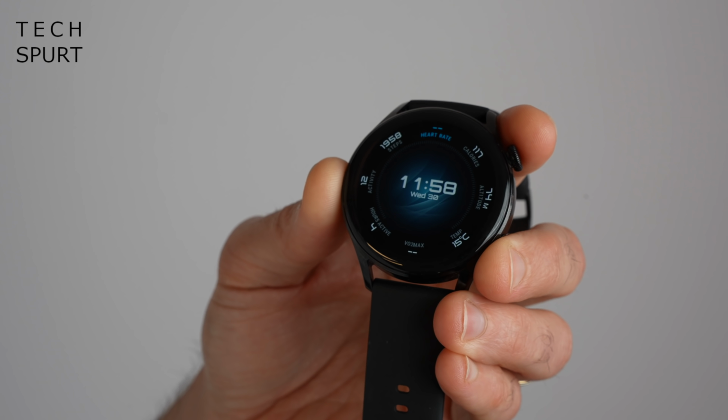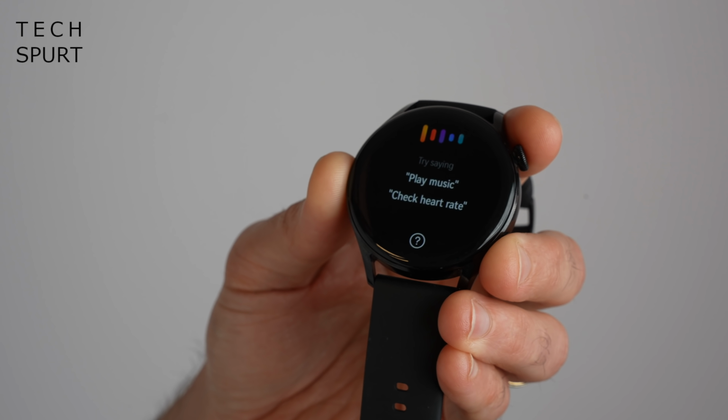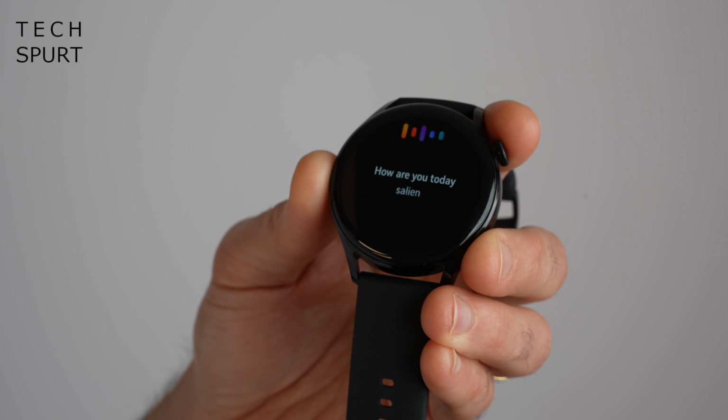Now the speaker is actually fairly loud and the clarity is not bad at all considering the size of this device, and also the microphone did a pretty good job of picking up on my voice even in a fairly noisy environment. And just as a demonstration, here's one of those voice memo jobbies that I recorded on the Huawei Watch 3 using the built-in mic, and as you can hear, nice and crisp and clear through that speaker as well. You can also use that mic to communicate with Celia, Huawei's spunky voice assistant, if you really want to,